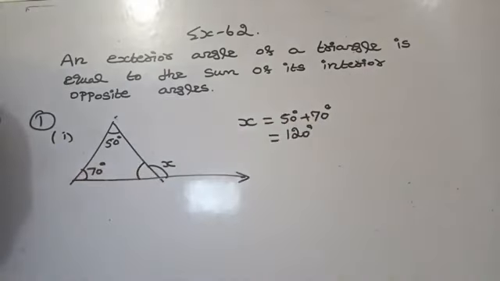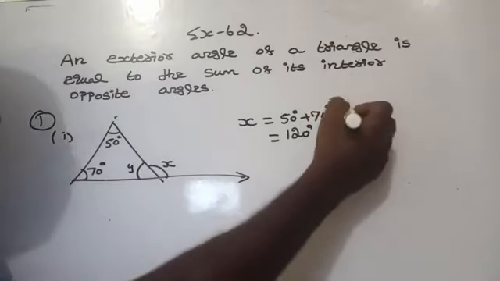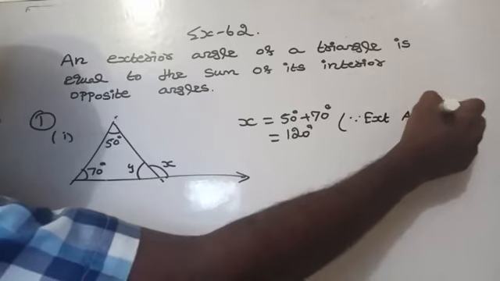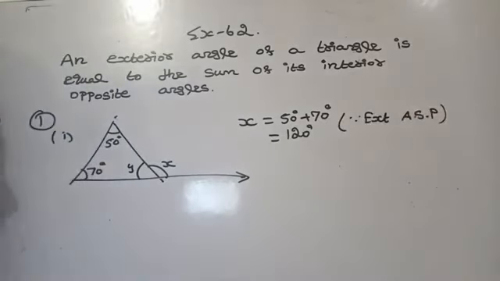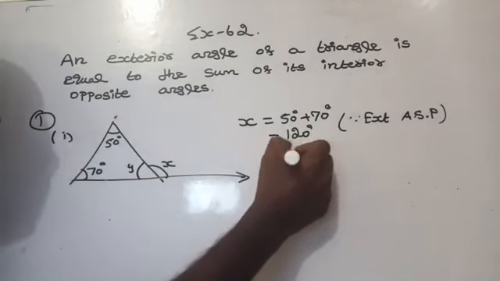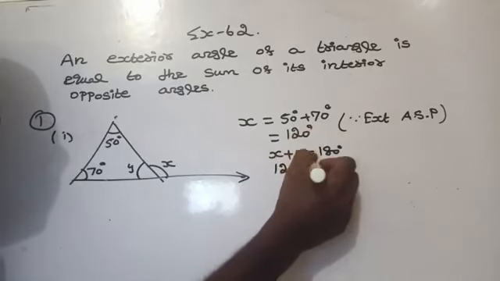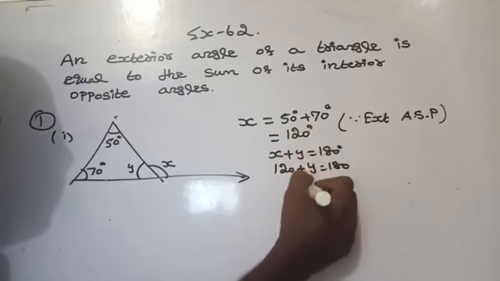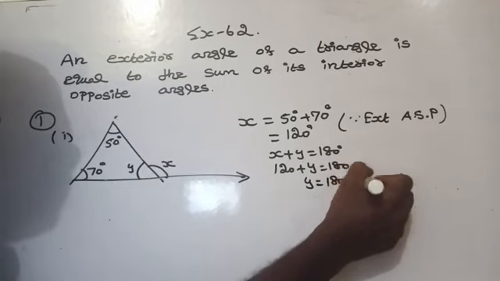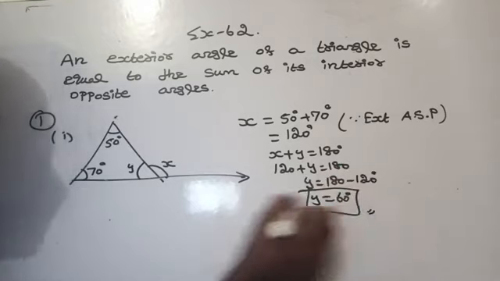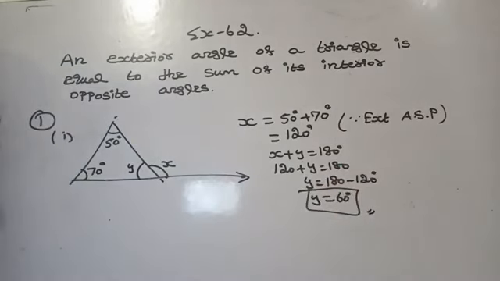If you know this angle, then you can find this angle. We will take it as y, suppose. Am I right? Here, exterior angle sum property. Now we can find the value of y by using linear pair. x plus y is equal to 180. So x is 120, 120 plus y equals 180. So y equals 180 minus 120, which is equal to 60. Are you getting it? Yes. Shall we move to the next question?